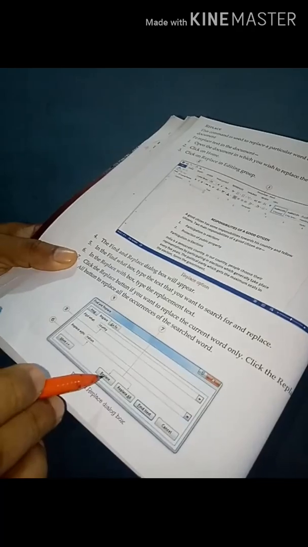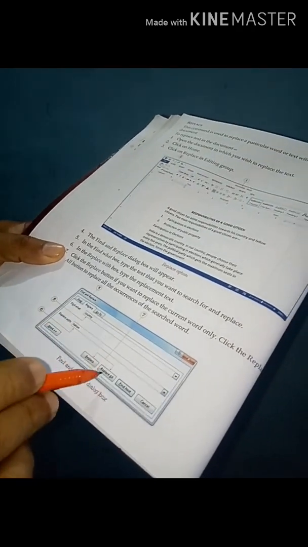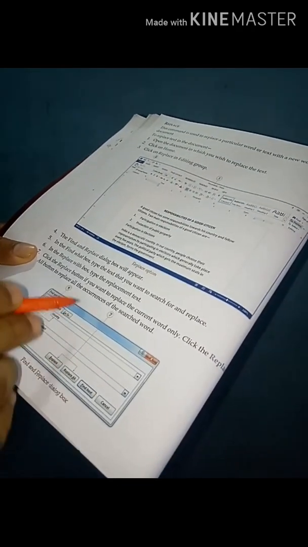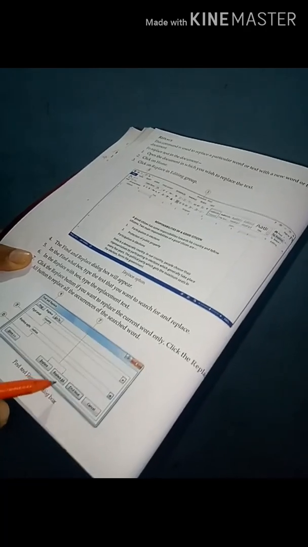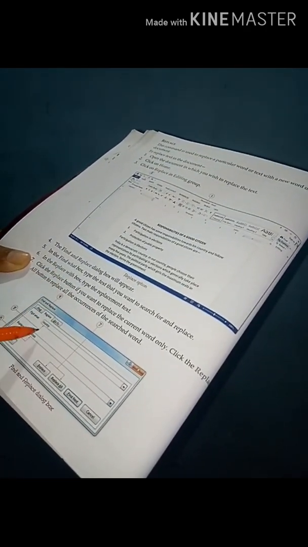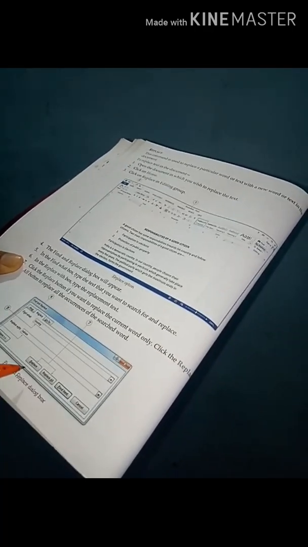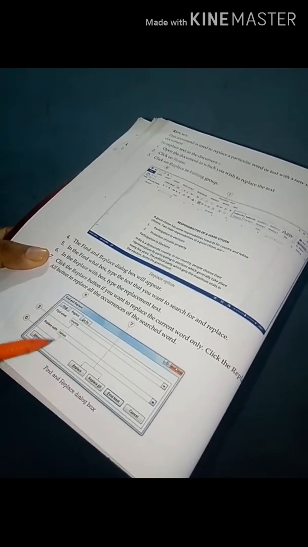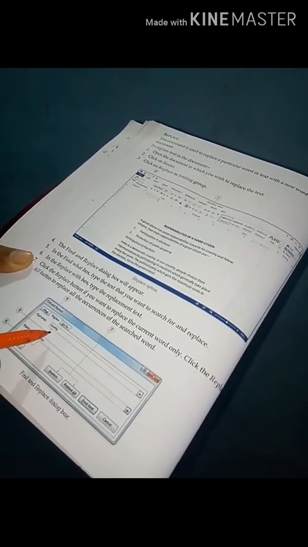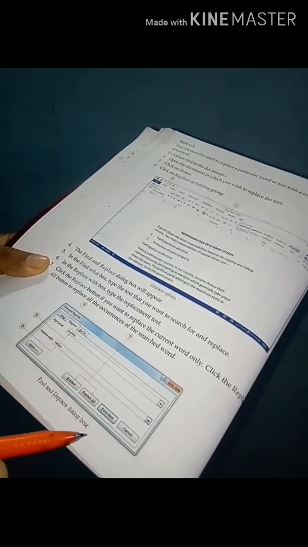Replace changes one at a time; Replace All changes everything at once. For example, find "country" and change it with "nation", as given in the book.